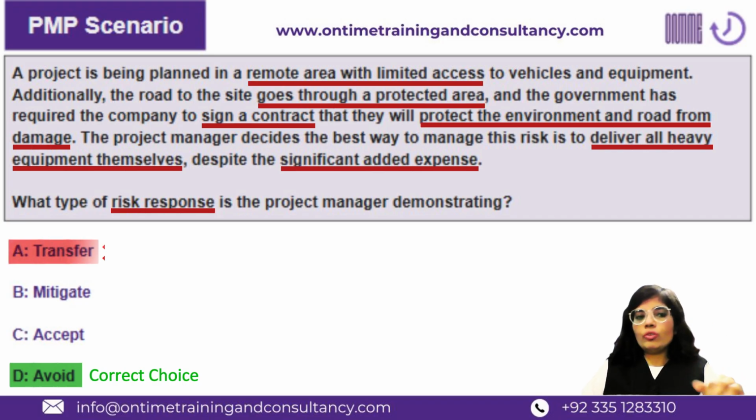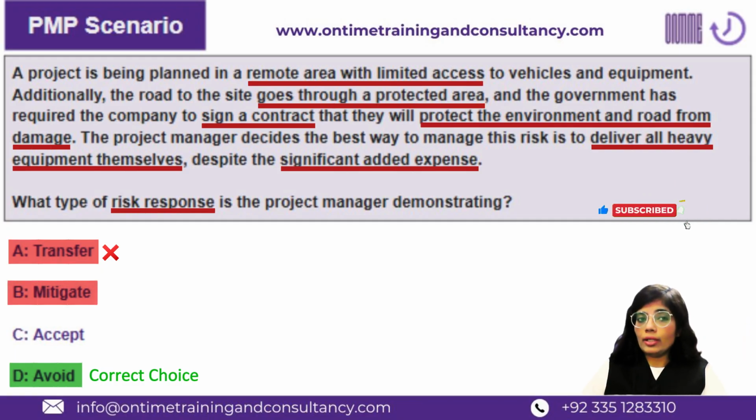Now, why is it not transfer? Because he has not hired anyone to do the work for them. He clearly has not hired anyone. This is another strategy to make sure that it is avoided. Because hiring someone is kind of outsourcing the risk, which is like a type of mitigation. Transferring is also a type of mitigation. So he is not hiring someone. He's not outsourcing. He's not taking the risk on any supplier or any provider. It is not mitigation as well,